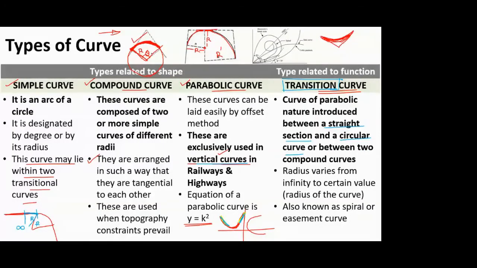So what I told you, instead of just joining these two compound curves, in this case, what we had discussed, that you have one radius and a second radius. Instead of joining the two circular curves together, you have a small transition curve in between, and then you change your radius. So wherever there is a change in radius, we generally go for a transition curve. Keep that in mind, because whenever radius changes, a lot more parameters change, the forces coming on your system change, then the superelevation changes in case of a horizontal curve.